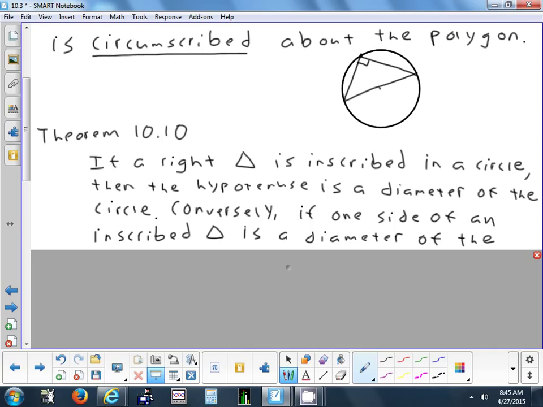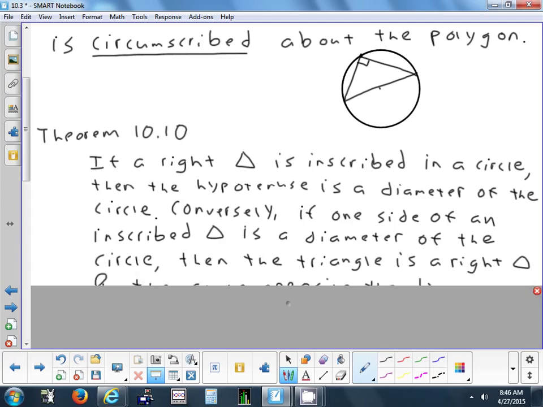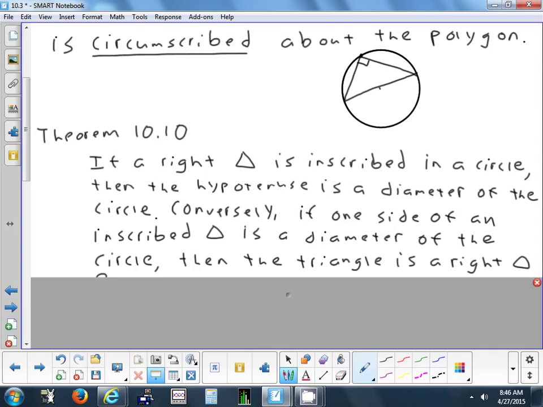Okay, that's the first part. The hypotenuse is the diameter. And you can also say it with the converse. If you draw a triangle in a circle and one of the sides is the diameter, then you automatically just made a right triangle. I don't care what else you do. If you drew this picture,